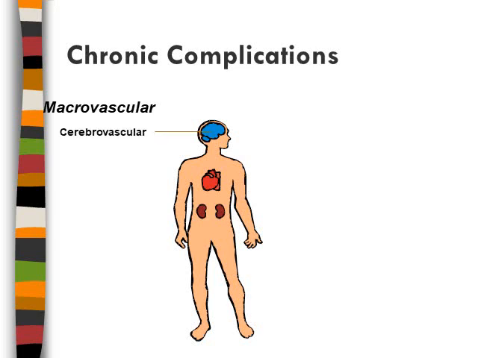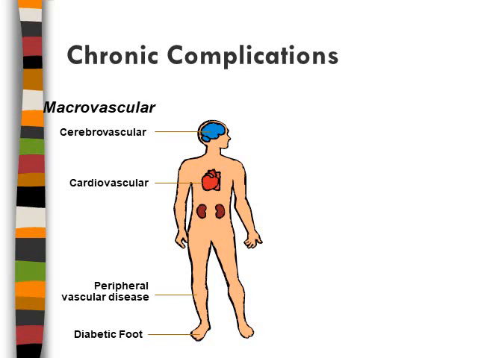Macrovascular disease includes cerebrovascular disease, cardiovascular disease like myocardial infarction or angina, and then peripheral vascular disease. All of these are dependent solely upon the development of atherosclerosis in the big vessels. The pathophysiology of atherosclerosis depends upon uncontrolled diabetes, hypertension, and dyslipidemias, and this complex, in which the pivotal role is played by insulin resistance, is overall called metabolic syndrome.